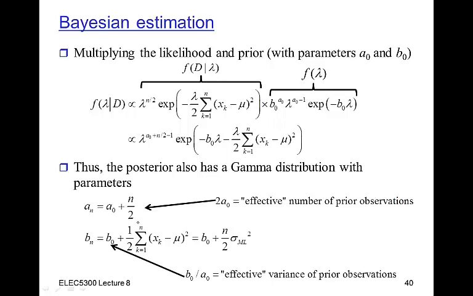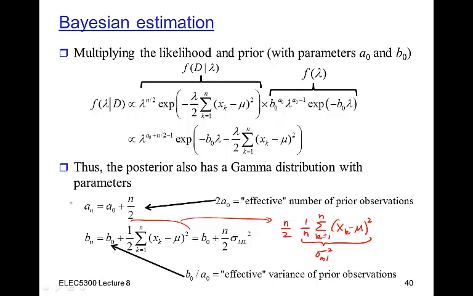And I can take this, multiply and divide by n, and this thing here is just the maximum likelihood estimate of the variance. So b is updated by n divided by 2 times the maximum likelihood estimate of the variance of all the